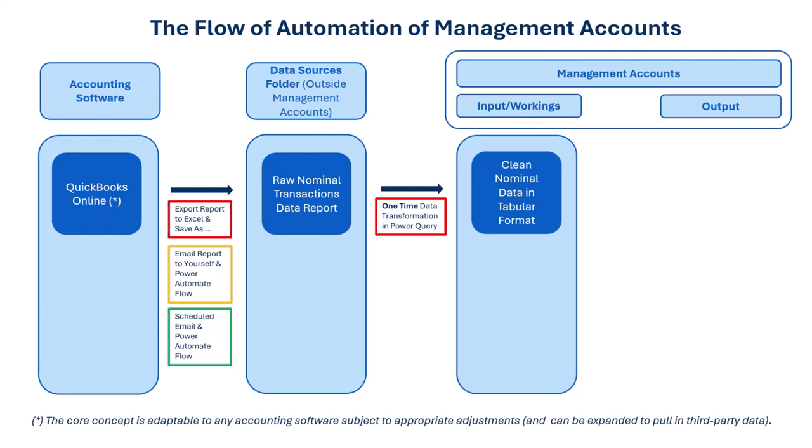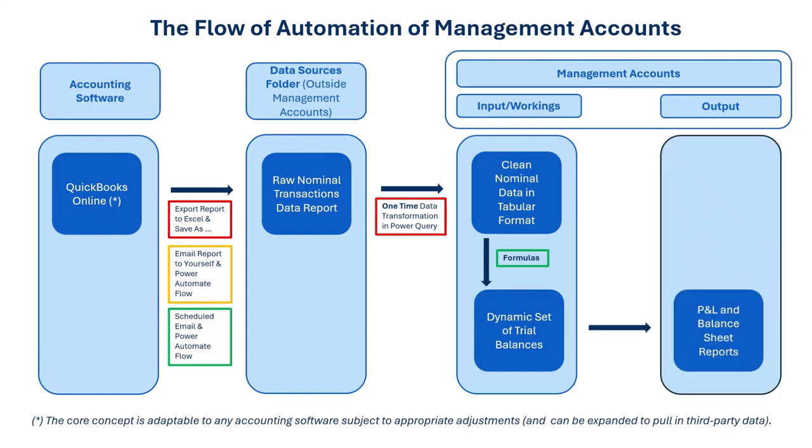And now from that clean tabular data set, we can generate a dynamic set of trial balances. In this particular masterclass, we create as many as 24 of them, 2 full years. But of course, that will vary depending on your actual reporting needs. And how do we build those trial balances? Just with formulas. From there, we can feed our P&L and balance sheet reports directly from the trial balances, again,